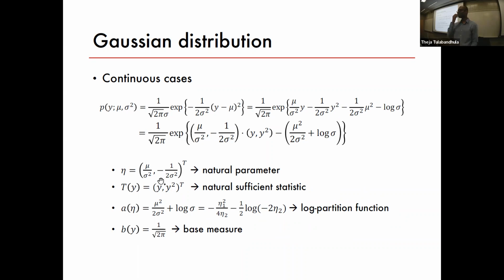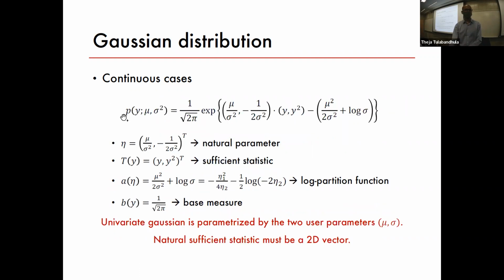Now this is an example where the sufficient statistic is not one dimensional. In the Bernoulli and binomial case, it was just one dimensional, just some sort of an average. Here the sufficient statistic is both the observation and the square of the observation. And if you think of log likelihood, there's a summation involved, and the base measure is some constant function. So this shows that a normal distribution is also a member of the exponential family.